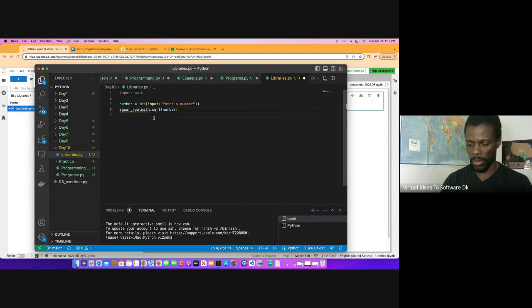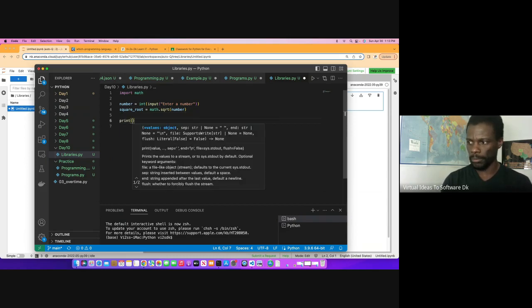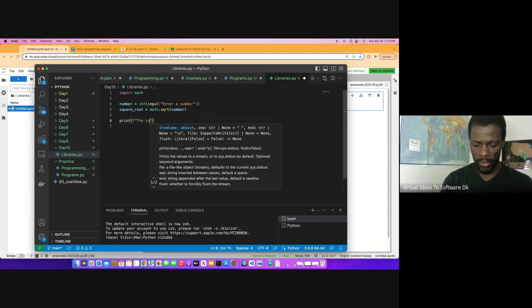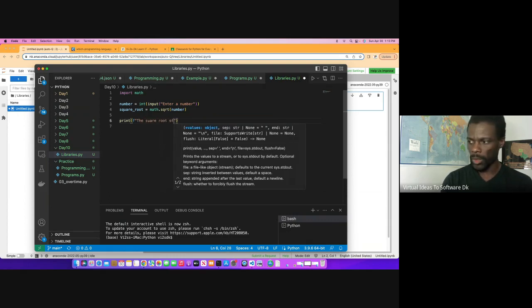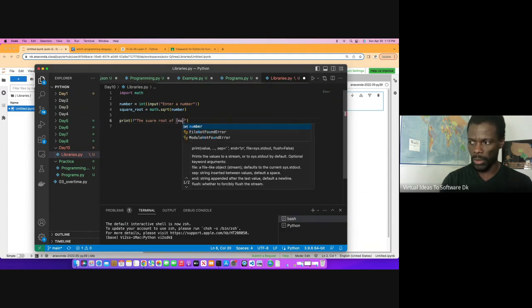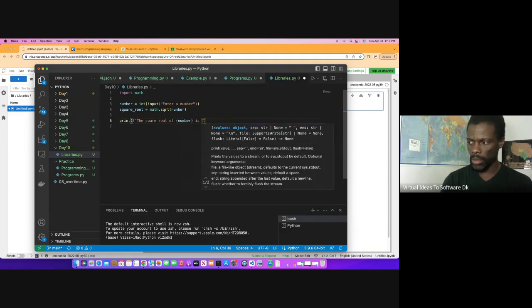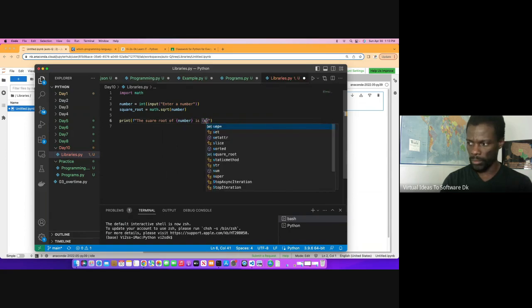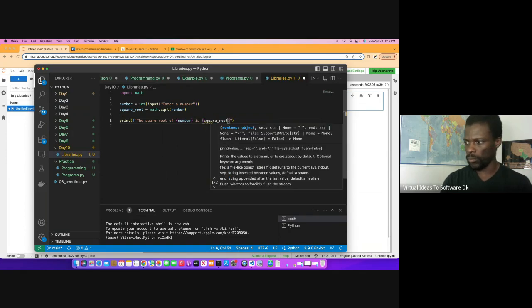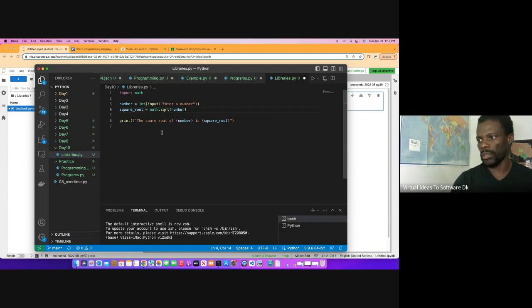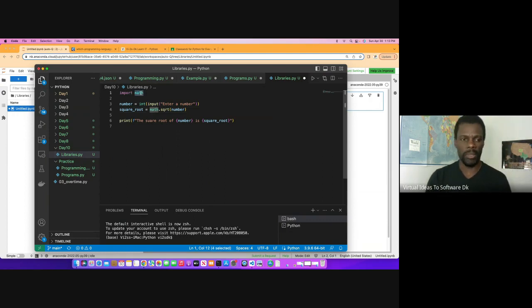If I can spell, that would be good. We can go ahead and utilize that, printing the number, say square root of number is square root. And with that, we can write a simple program that imports this math library, and we can use that by having math.sqrt. And if we execute this,